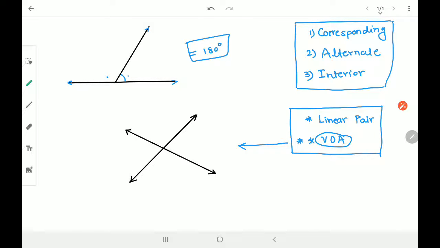Okay, you must have heard about this. I'm just taking a sort of revision. What is a vertically opposite angle? Let us understand. Just imagine, for example, if I take this angle as 50 degrees. Isn't it this angle which is 50 degrees and this angle which is A are in linear pair? You can easily understand, isn't it? They are in linear pair. So if they are in linear pair, this angle is going to be equal to 130. 130 plus 50 is 180.